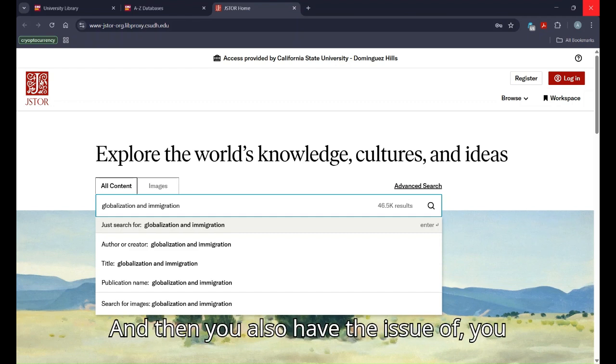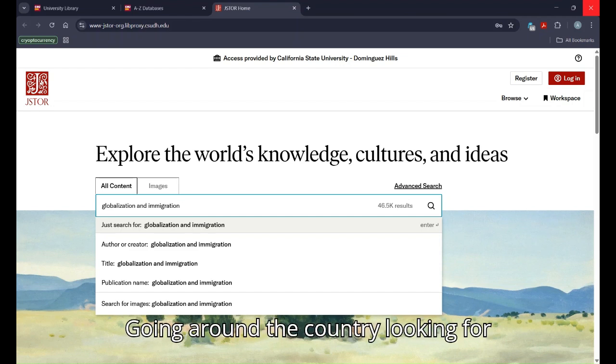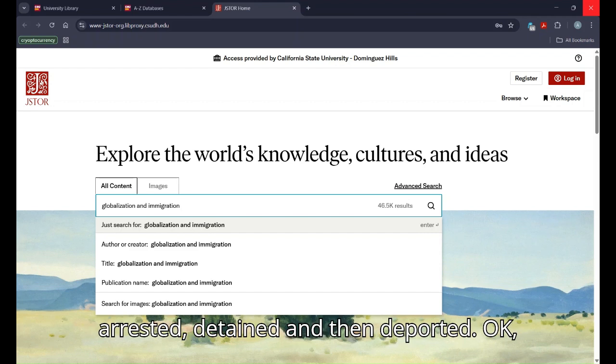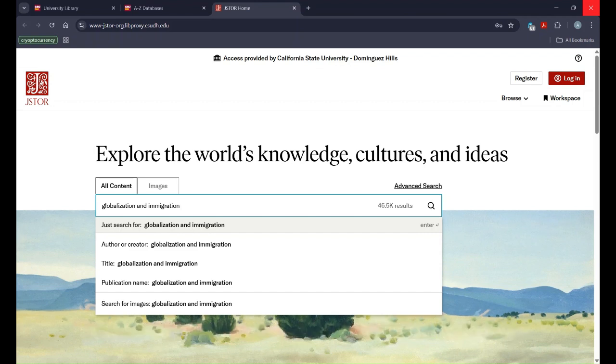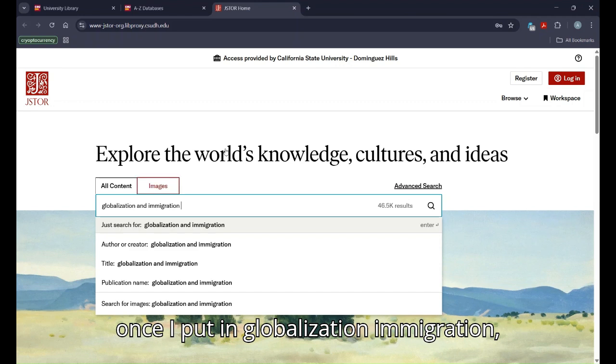Right. And then you also have the issue of ICE going around the country looking for undocumented immigrants and having them arrested, detained, and then deported. Okay. All right. So the first thing you'll notice that once I put in globalization immigration,